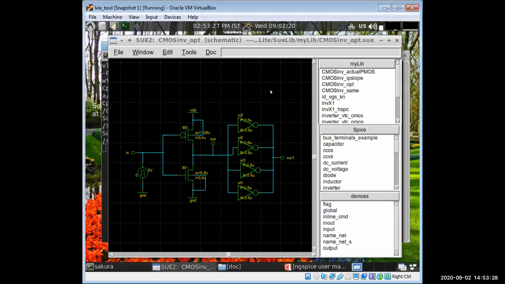Another thing is we are changing the slope. In the previous theory class, sir told you about this pulse stage, which we were giving as ideal. That is, there was no rise or fall time or any delay, so that was ideal.